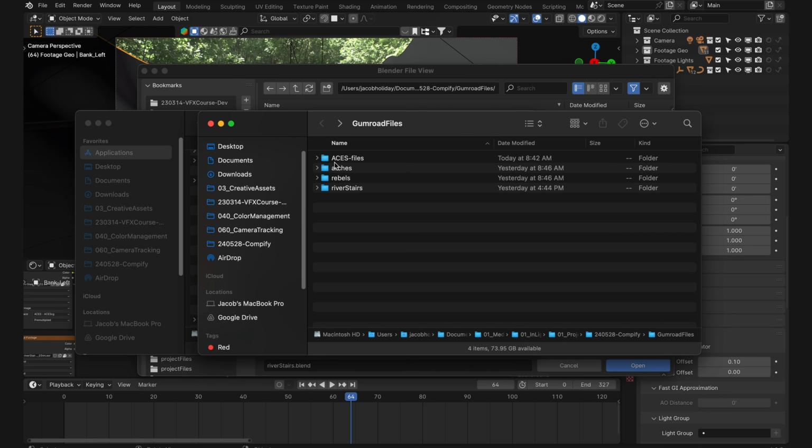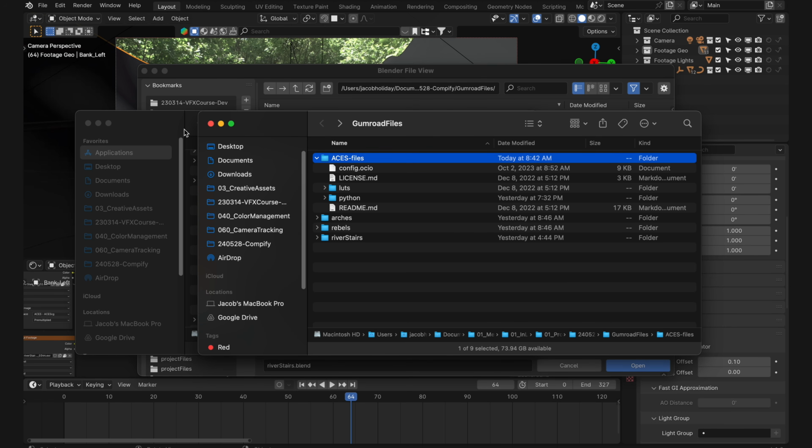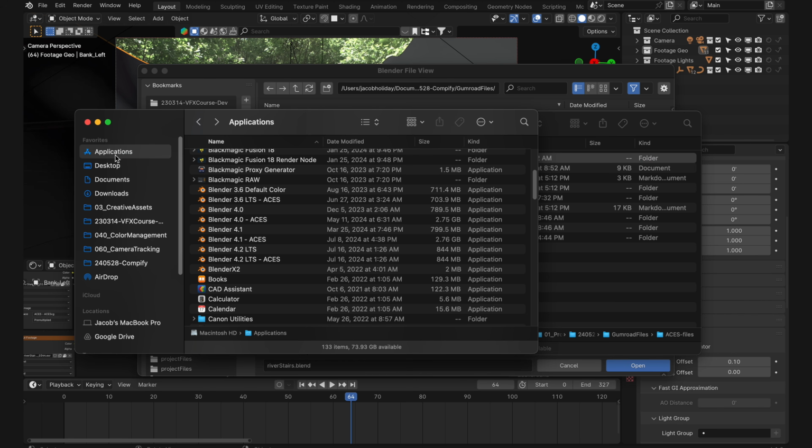If you've never set up ACES color management in Blender, and I'm not talking about the default ACES stuff, you need to set it up specially, then do this. You're gonna take these files in the ACES folder, and what we wanna do is go to your applications. I'm doing this for Mac, but it should be similar for Windows. You can see I have way too many Blender installs, don't ask, but just duplicate whatever version you're on, and then you can rename the duplicate something like